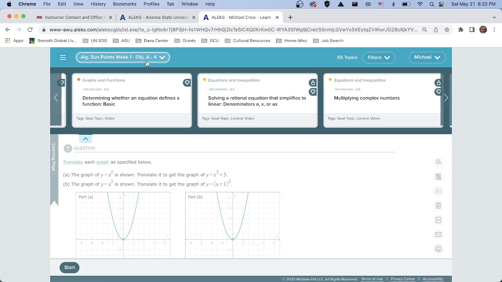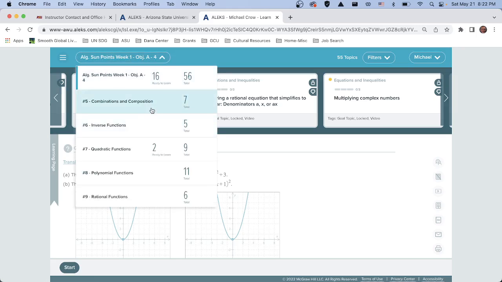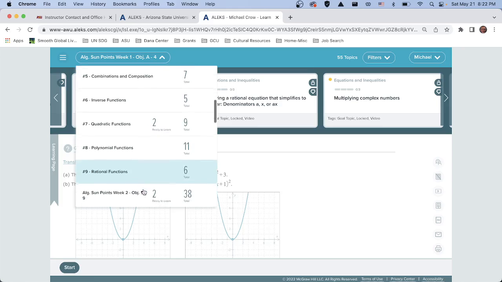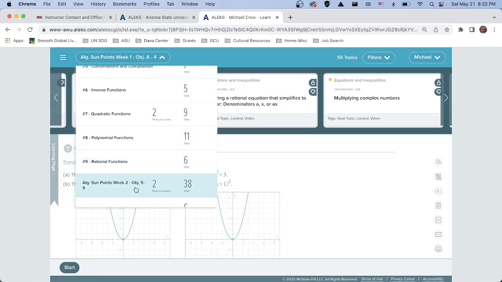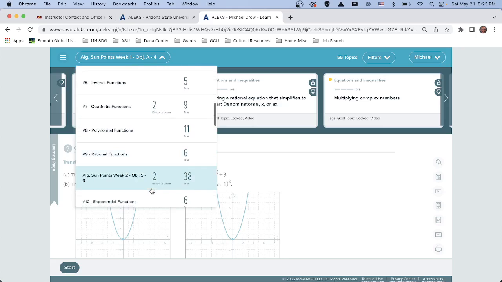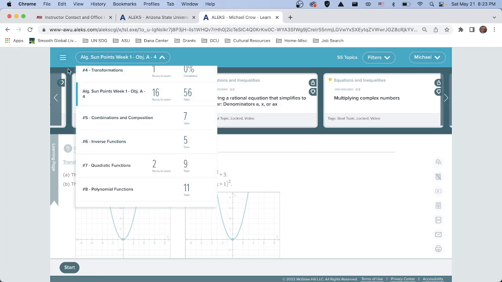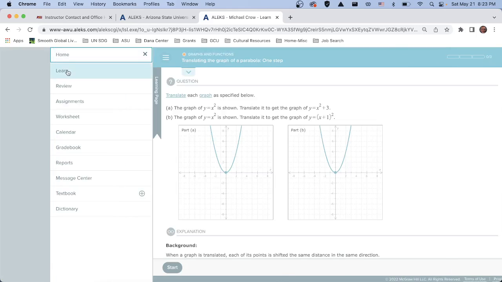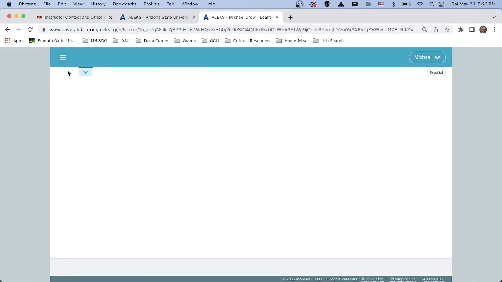Monday, the topics for that week will open up, which will be 5 through, I think, 10, 5 through 9. And again, we'll do this all again. Once you complete 5 through 9, you will then have access to any of the other objectives. So I hope this helps in how to navigate through ALEKS to get to the things that you need to work on. If you have any questions,